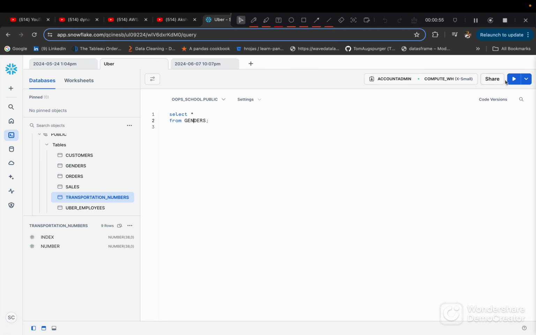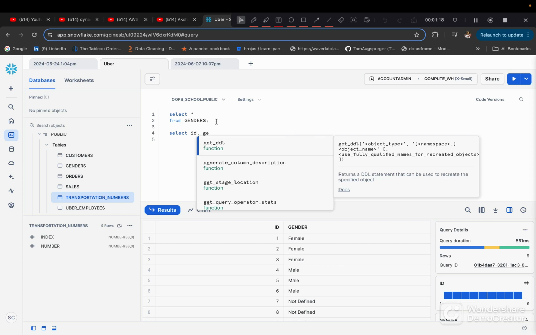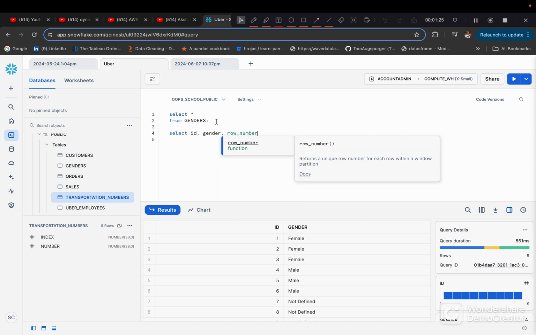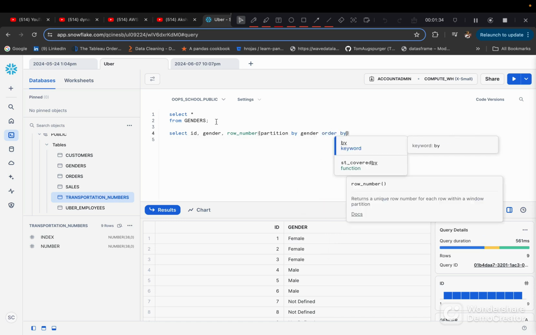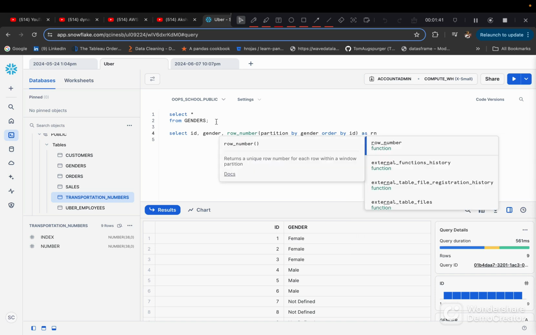I have already uploaded the table, and here is the table. So we want genders in an alternate order, but we want them to be ordered by ID. So I guess what we can do here is we can select ID, comma, gender, comma, and then we can do row number partition by gender and order by ID as RN